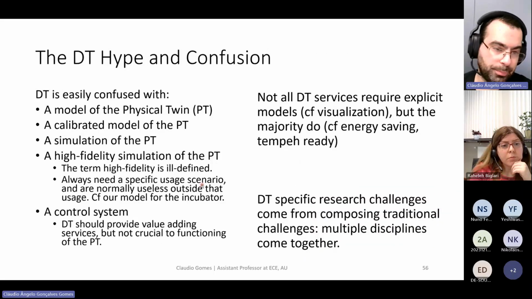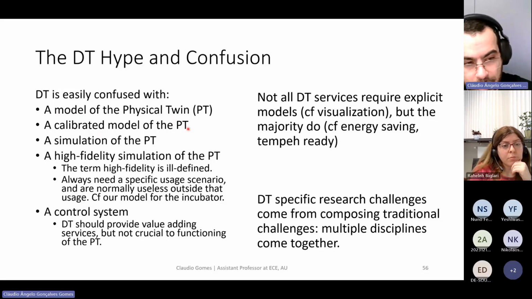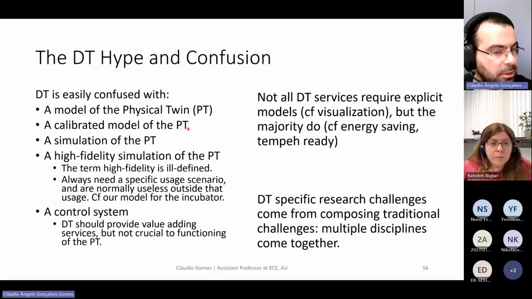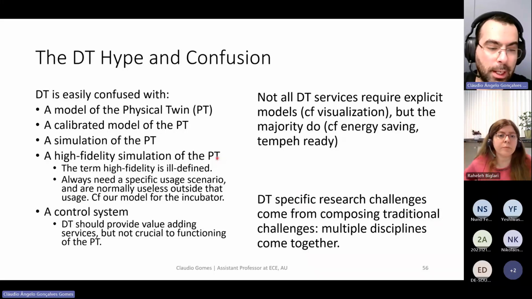Here, in our view, a digital twin is often confused with a model, but hopefully I convinced you that they are different. We use a model in our system, right? We've calibrated that model. We've estimated the parameters of that model that predict how the system behaves. We've built simulations of that model, and